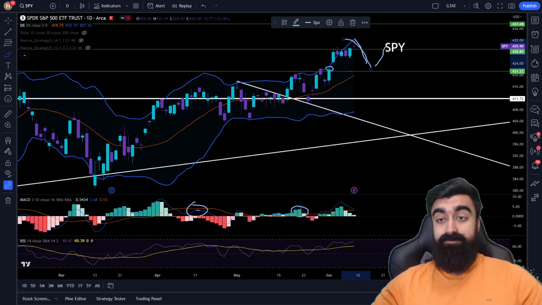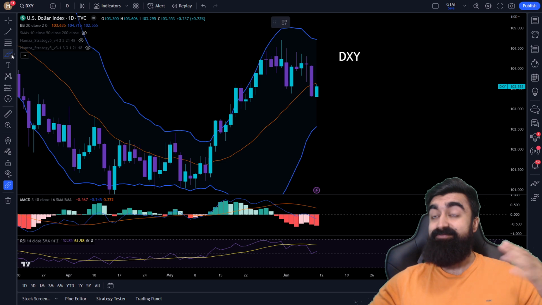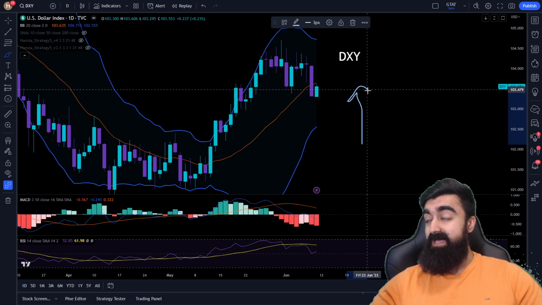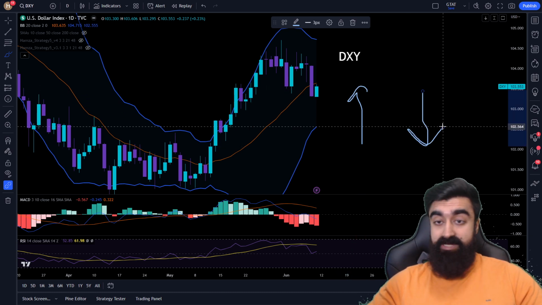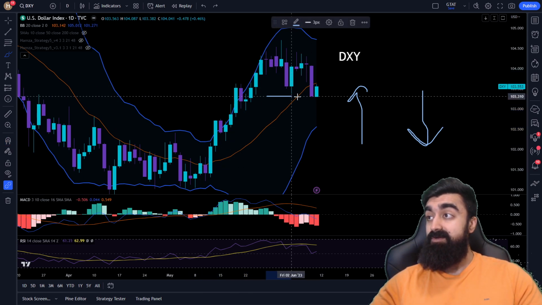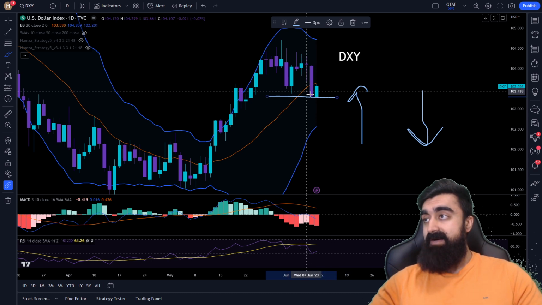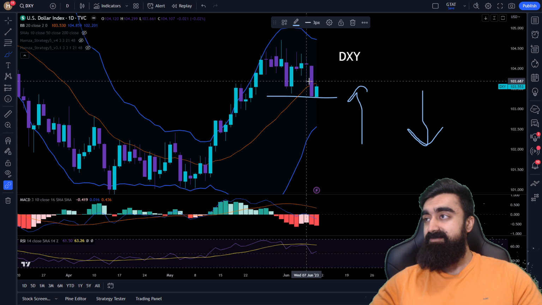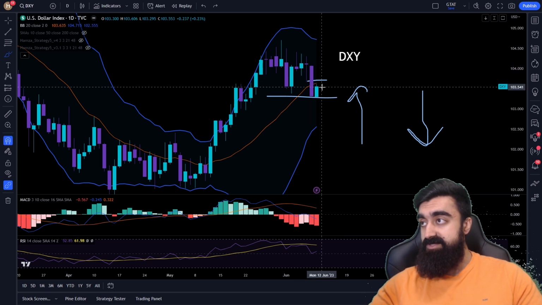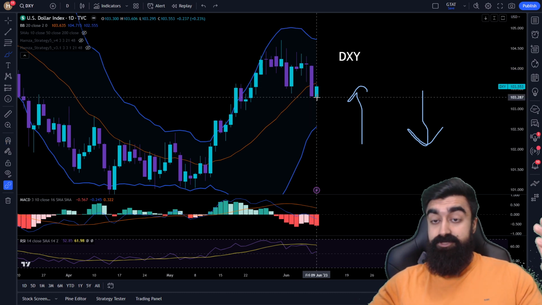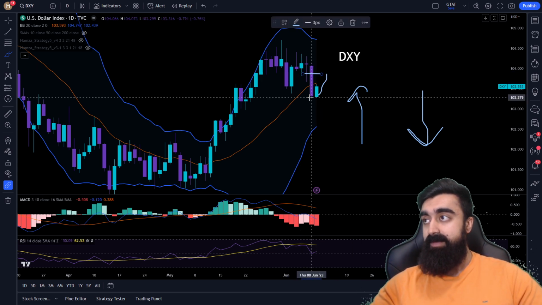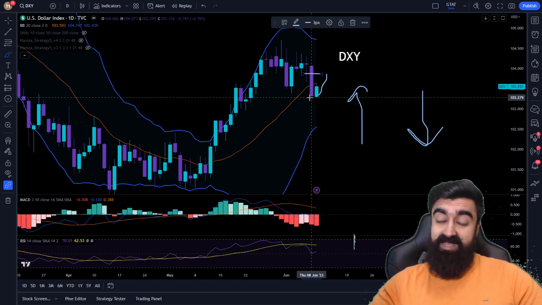Next, let's go ahead and take a look at the dollar. All right, so the dollar, we also know, has an inverse relationship to the market, very similar to the VIX. If the dollar is doing well, that means that the SPY or the stock market should not be doing well. So the dollar is clearly showing strength. And at the moment, the dollar looks like it found some sort of support. Obviously, this is still not a bullish setup. We still could not even close above the 50% of this red candle. So this green candle that we have isn't automatically bullish. We need to see a nice close above the 78.6% of this red candle for a bullish move. But the dollar is showing support.